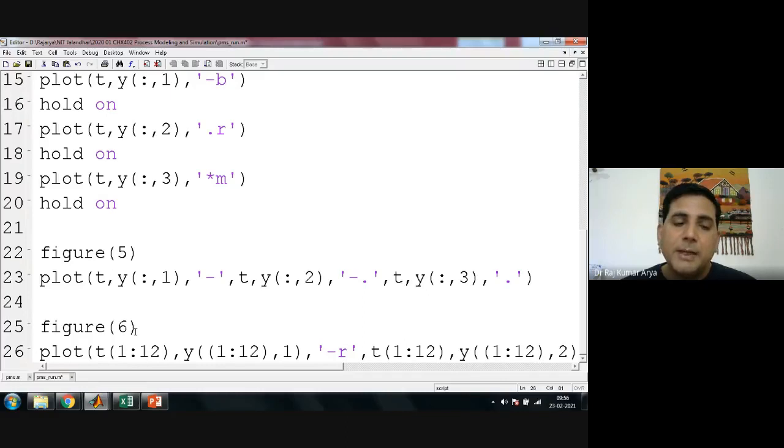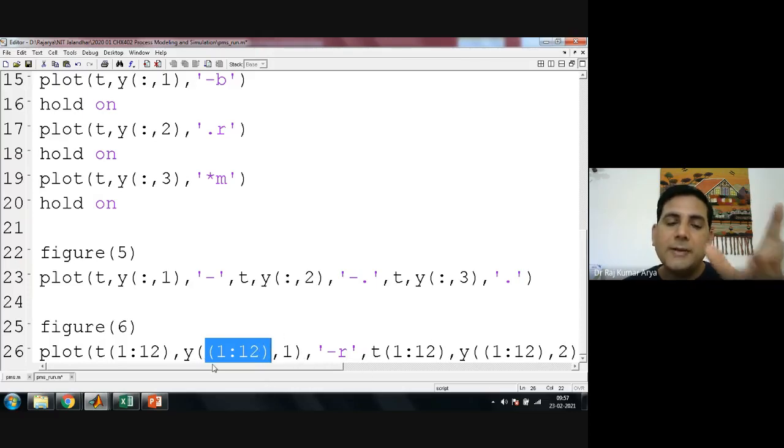Now, sometimes you might be solving your T for, let's say, 1000 seconds or 100 seconds. Out of that, you want to plot up to a fixed number of values. Let's say you want to plot up to T equal to 12. So in that case, you are just plotting up to here. T is the same one as previous. Only thing, you want to plot 1 to 12 values. Same thing, Y also you want to plot for 1 to 12. So the only thing you are fixing is that only the first 12 values you are plotting here. So you can extract the values from the matrix itself. Is that fine?